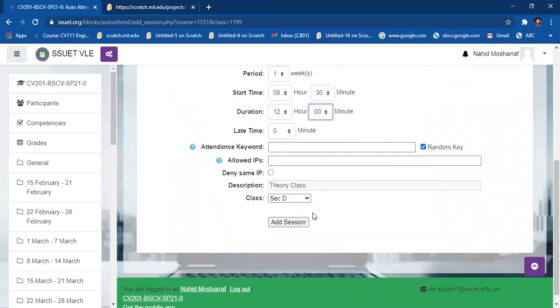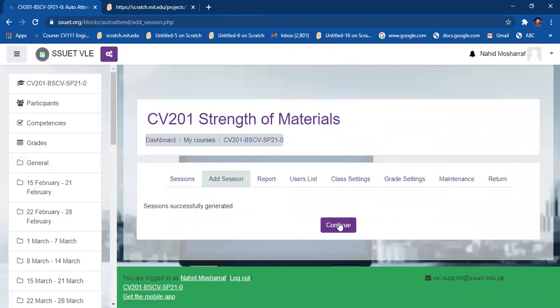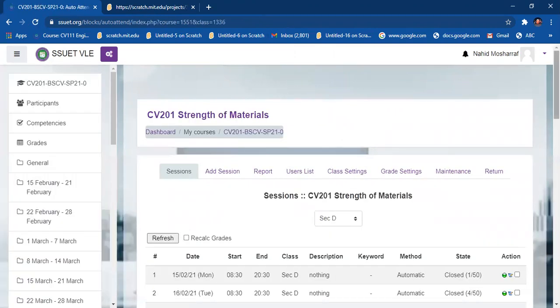So what I have to do, I have to click on add sessions. So you can see the multiple sessions will be created for the class of my section D.